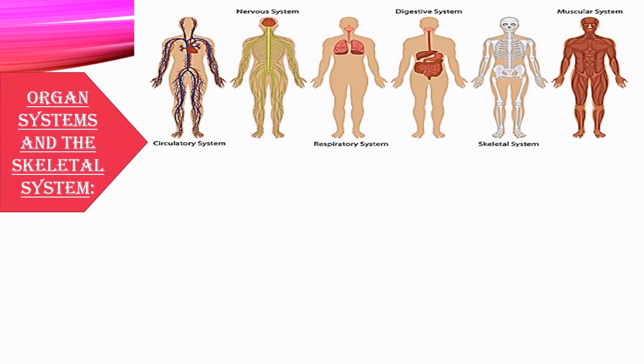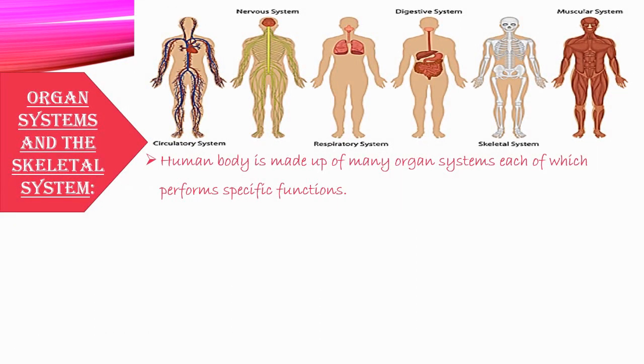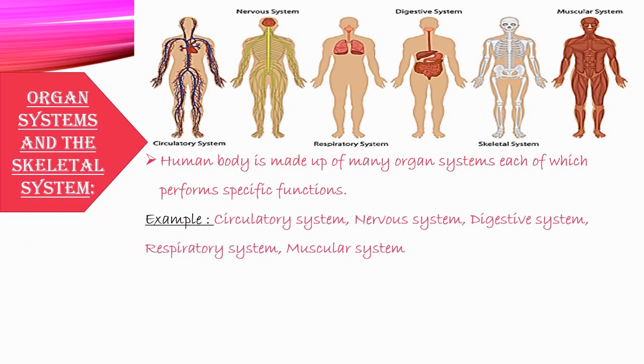The human body is made up of many organ systems, each of which performs specific functions. For example, the circulatory system circulates the blood and lymph throughout the body. The nervous system transmits signals to and fro from the organs to the brain. The digestive system helps the body to digest food. Then the respiratory system helps us to breathe. It helps to absorb oxygen from the air so the organs can work. It also cleans waste gases such as carbon dioxide.